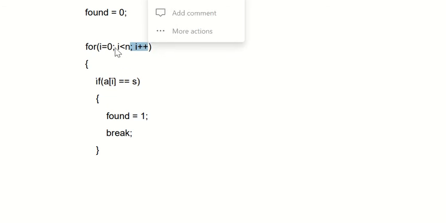So now i equal to 1. 1 less than 5, condition true, we know. Now a[1], so 20 equal to 40? Again the condition is false. Again i plus plus. 2 less than 5. Here the value is 30 equal to 40? Again the condition is false. Again i plus plus. So now the value of i is 3. 3 less than 5, again the condition is true, so we are inside the for loop.